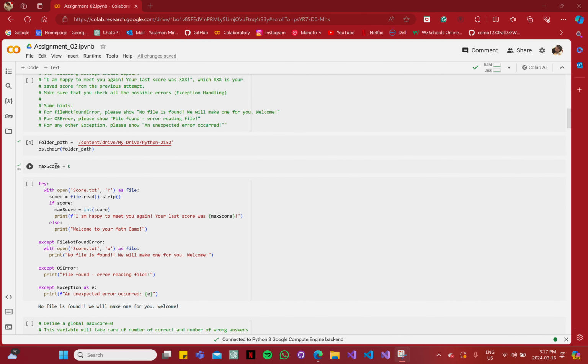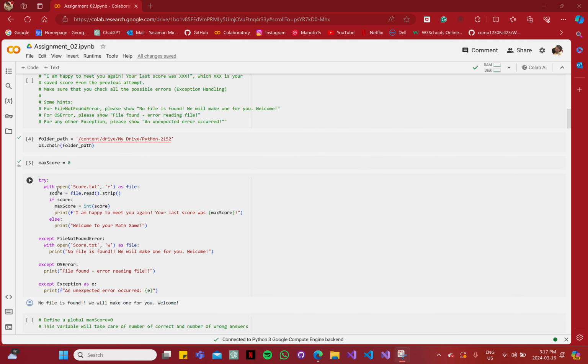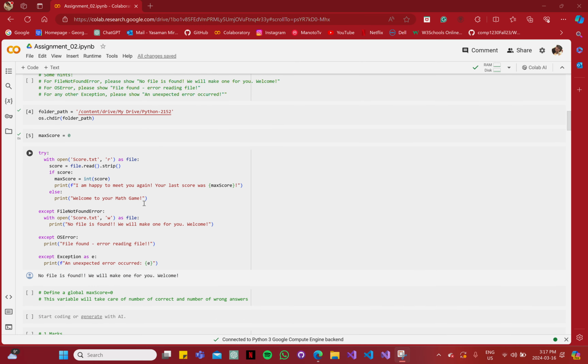Here I define a global variable named max score, and the purpose of this code is to see if it's the first time the user is playing the game or if it's a returning user. So for that